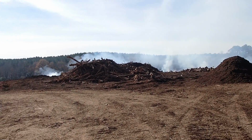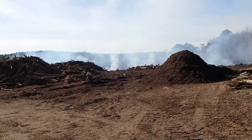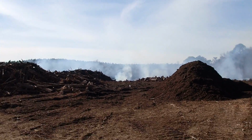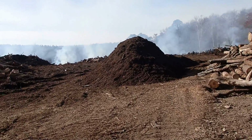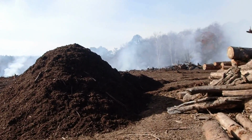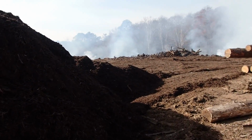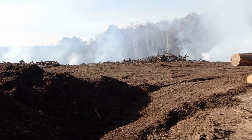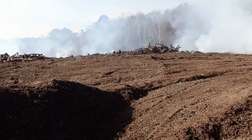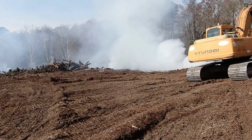All right, so the brush landfill is on fire. I'm slightly out of breath because I've come from all the way down there cutting the pump on. This has been on fire for about 4 or 5 days now, and the fire department won't do anything about it. Forestry Service has brought out pumps and sprinklers, and it's just slowly burning its way back into the